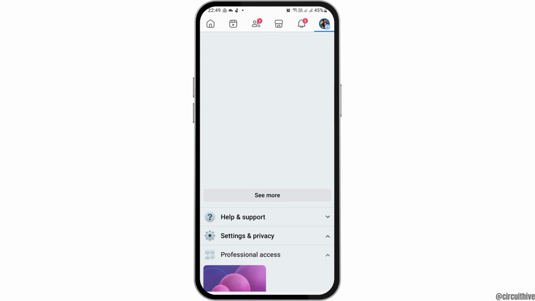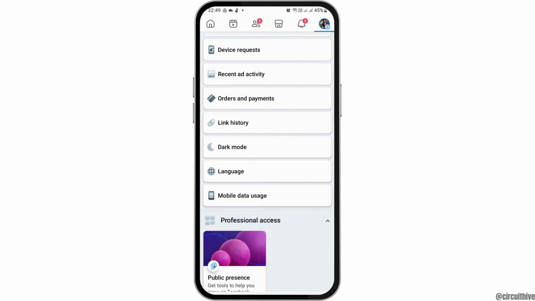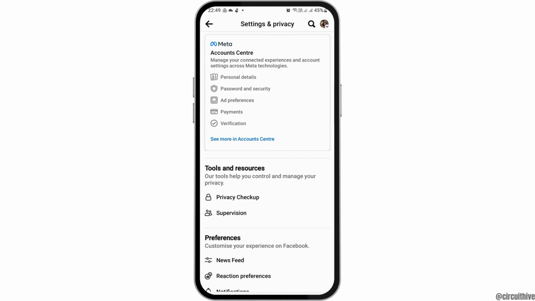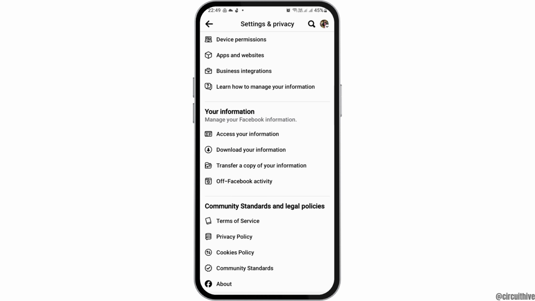steps. That is, you have to go to the option of settings and privacy. After you tap on settings and privacy, now you have to go to the next option, that is settings, and tap on settings like this. Now after you tap on settings like this, now you have to just scroll down, and after you scroll down,